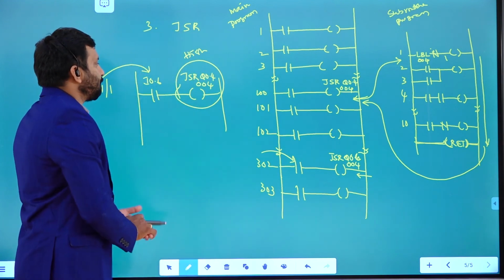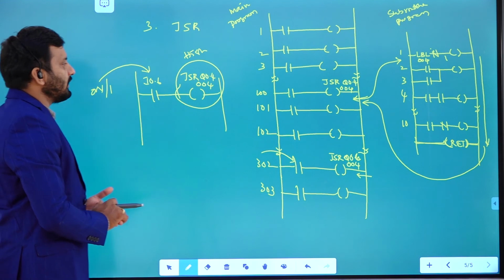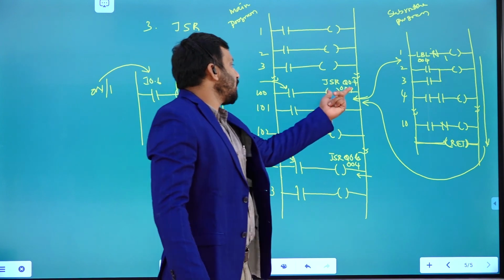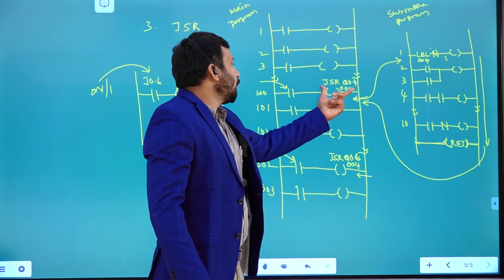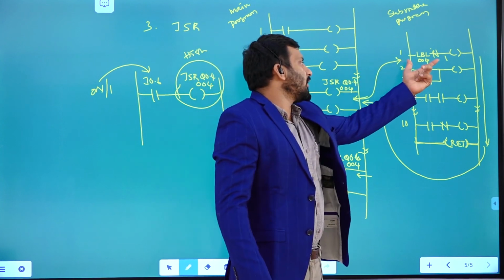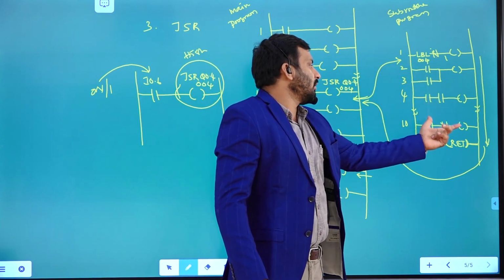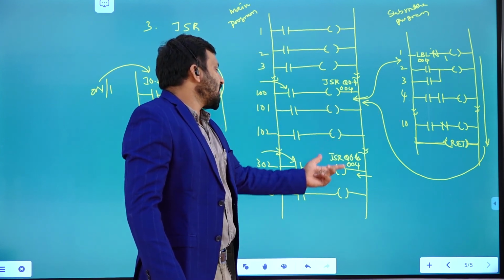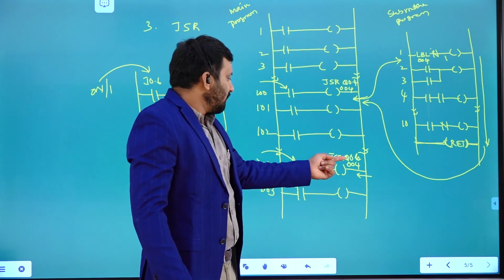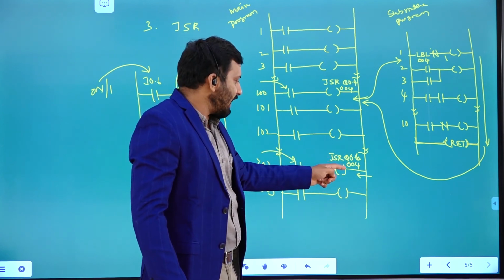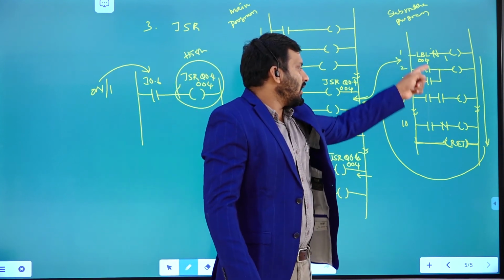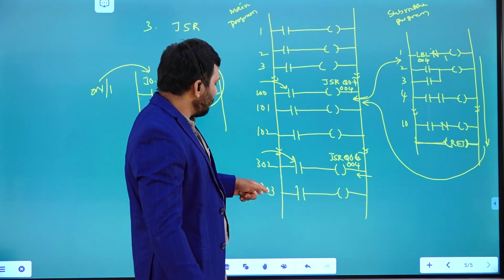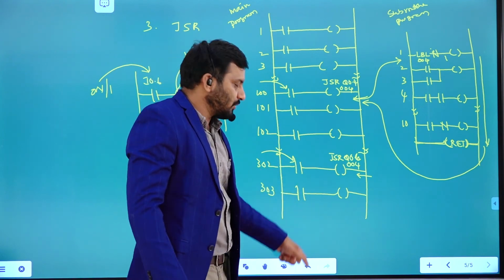So what you need to understand is that, based on this particular input, this is going to be active or inactive. If it is active, it is going to jump to the subroutine. After execution of the subroutine, it returns to where it was stopped. Then it keeps on executing the main program. Somewhere once again, based on this input, this is going to be active or inactive. If it is active, it jumps to the subroutine. After execution of the subroutine program, it returns to where it was stopped. Now it comes to this particular 303 rung. Then it keeps on executing the main program.